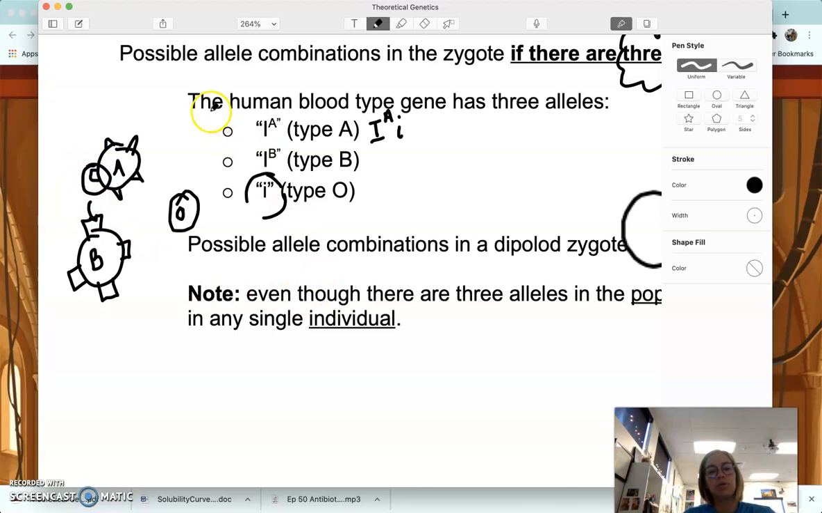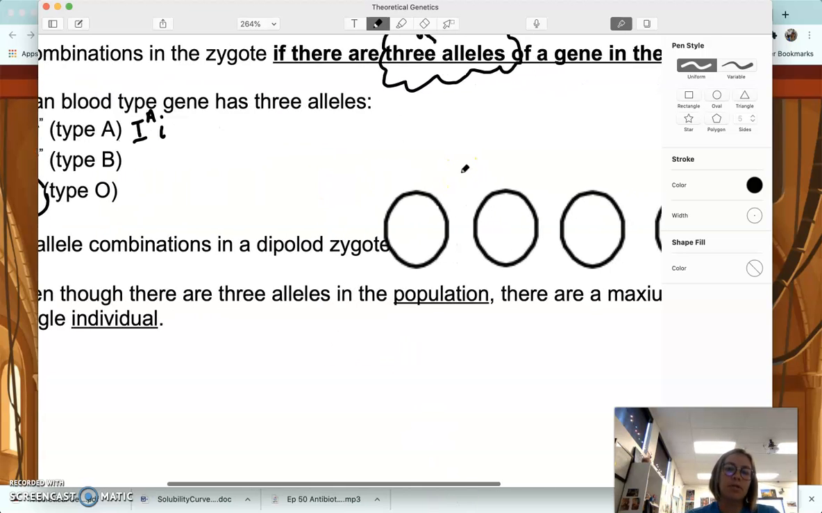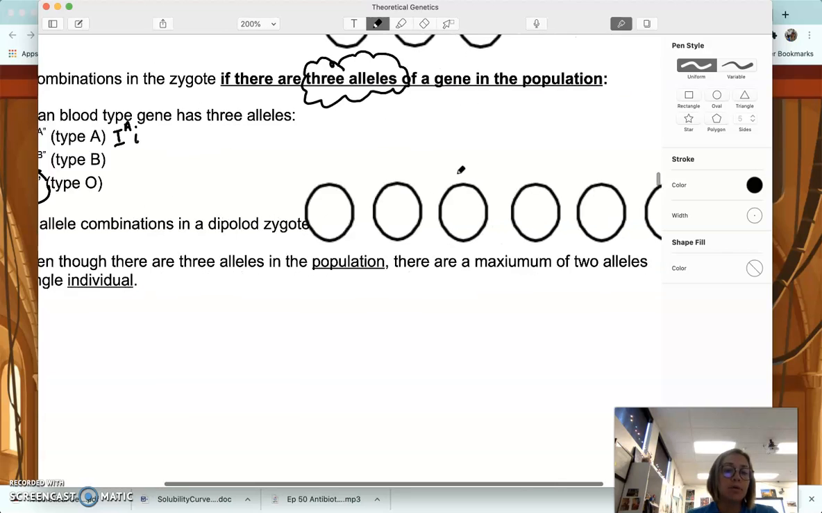But what you say to me, oh, and an antigen is just a surface protein, but what you say to me is, well, what about type AB, Mrs. Roper? Well, AB might be something like this. And AB can receive blood from anyone, but can only give to other ABs. Okay, now there's a lot more to blood type we're going to go over, but just so that we can talk about what it's like with three alleles in a population,